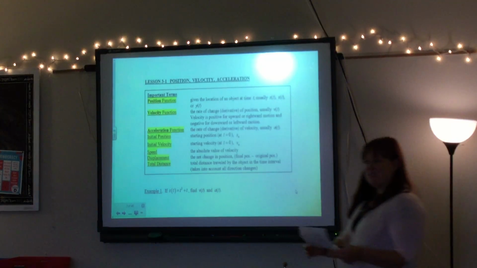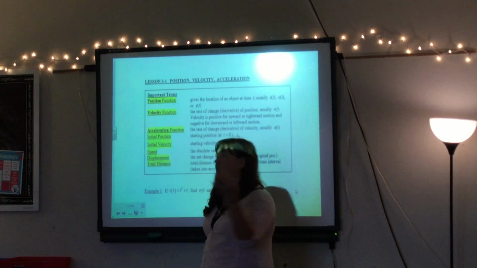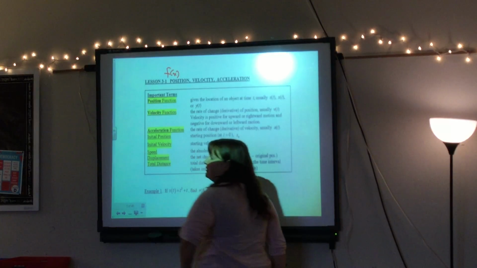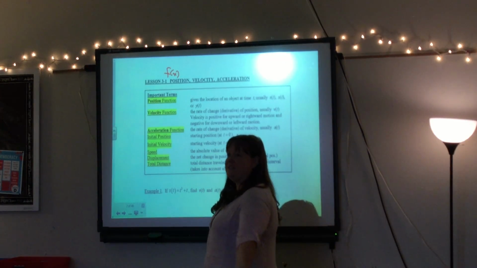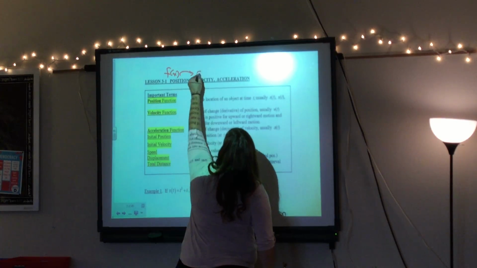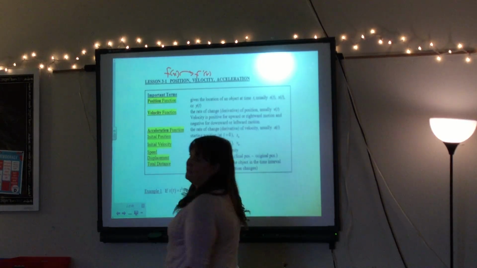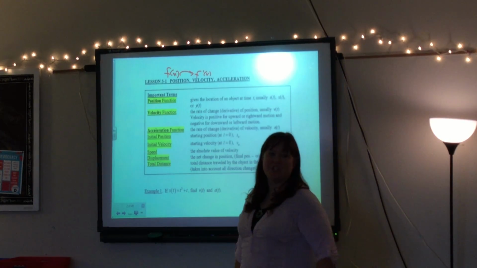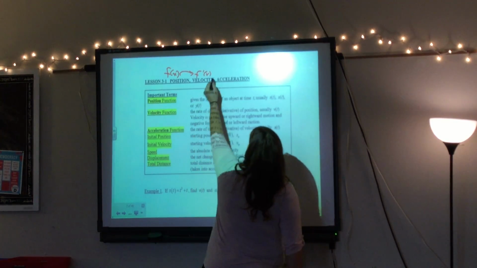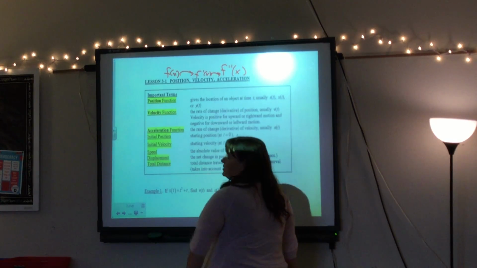Okay. So the position function would be your f of x, right? It's your regular function. This is f of x. Then we differentiate to get velocity. So f prime of x, which would be your velocity. And then we differentiate again to get f double prime of x, which is our acceleration.